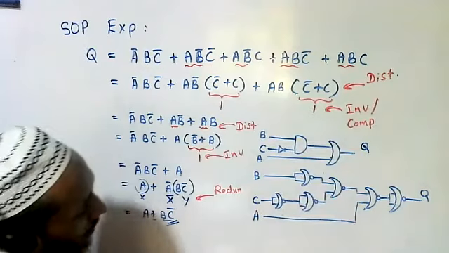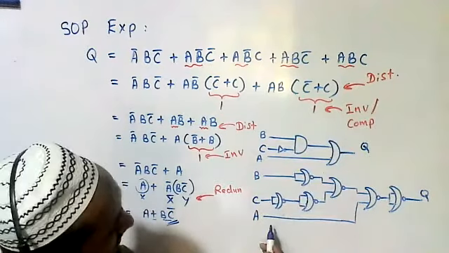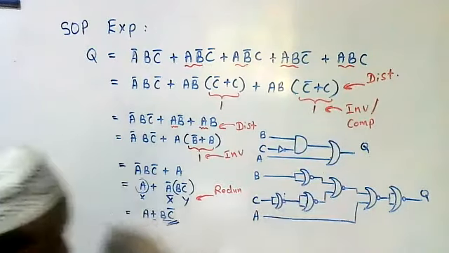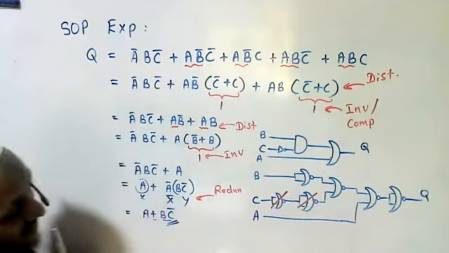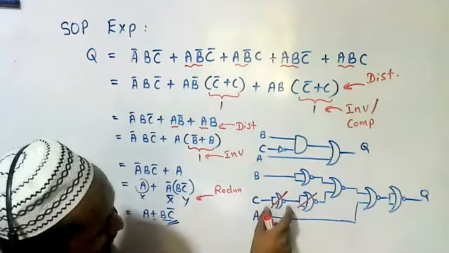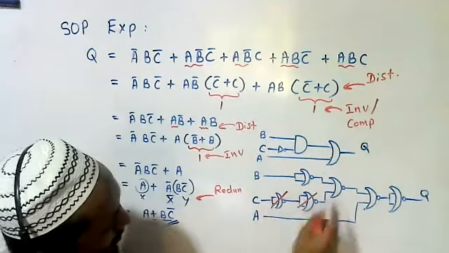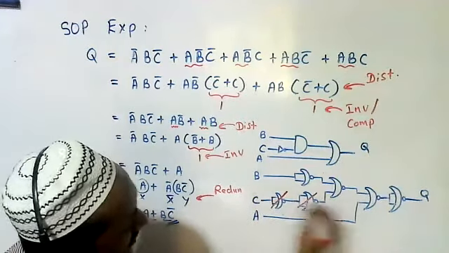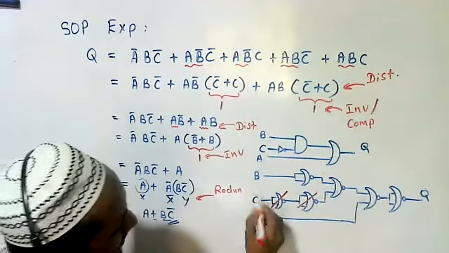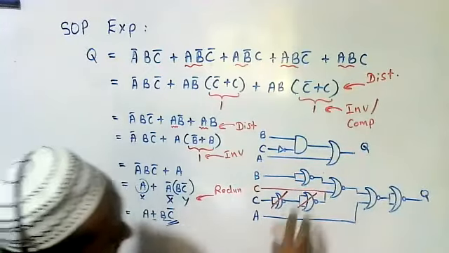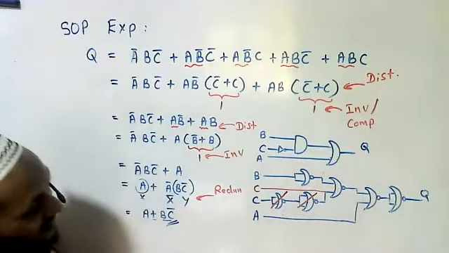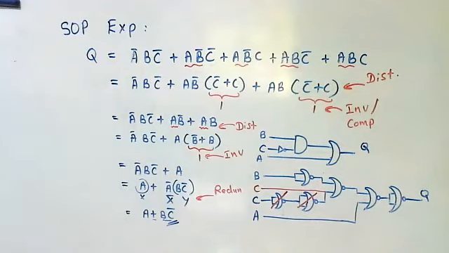Here we can cut. Here one NOT gate, another NOT gate is here. This is equal to one NOT gate, this is equal to one NOT gate. So we can cut directly, we can connect C directly into here. And is there any? No, that's all. So likewise, we can draw the logic circuit using universal gates.